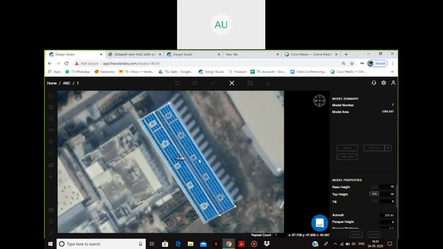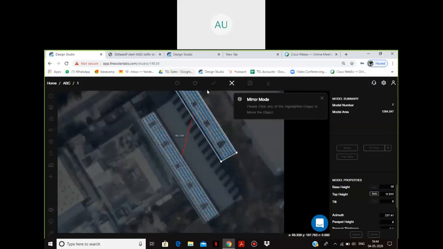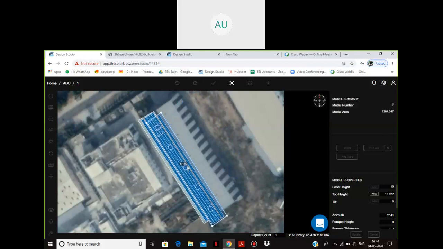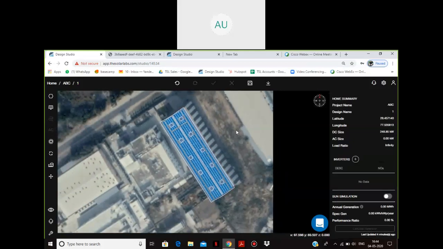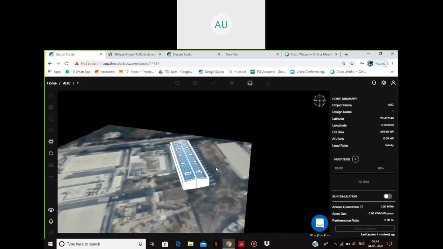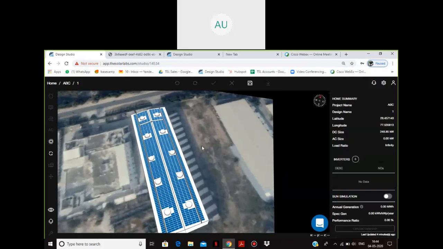but if I now copy paste this, you can realize that this would be declined towards the southwest, but now I want the declination towards the northeast. So we have an option to even mirror it. So I'll just mirror this, as we have an option in AutoCAD. I'll mirror it and place it adjacent to this. Now when I show you in 3D, you can see a complete shed has been made here.